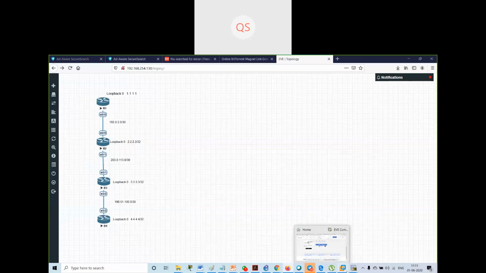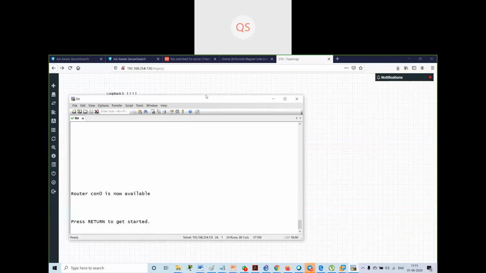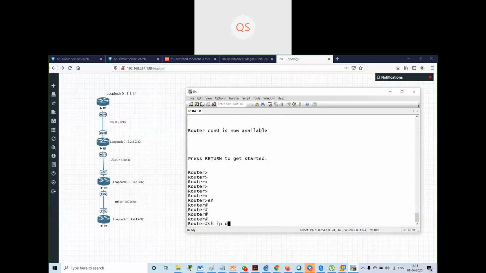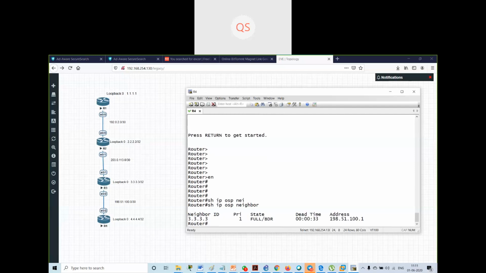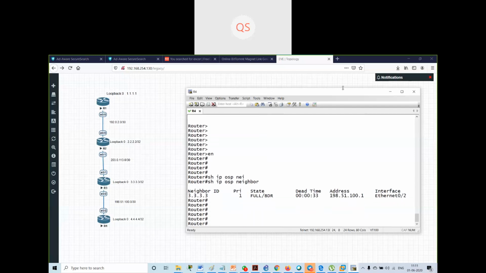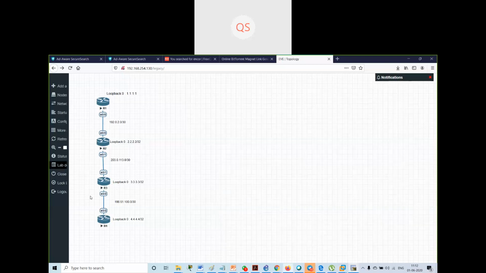Same if I go on R4 and check R4's neighbor table with show ip ospf neighbors, I'm getting 3.3.3.3. Now my task is to create a GRE over IPsec tunnel between R1 and R4.